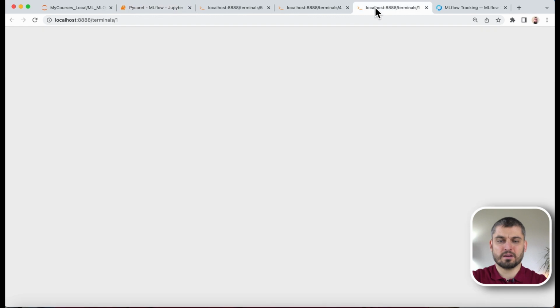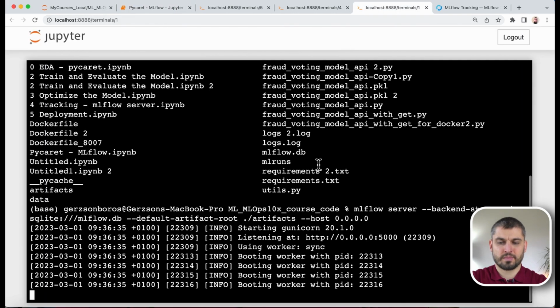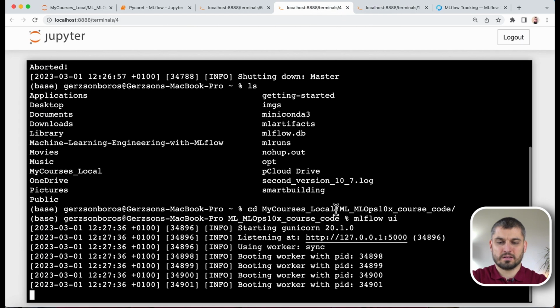Okay, and now our MLflow server is running, and we have already experiment results. And now we want to see the results and the artifacts. We can do this with MLflow UI. It's running here. So we need to run this in our folder,